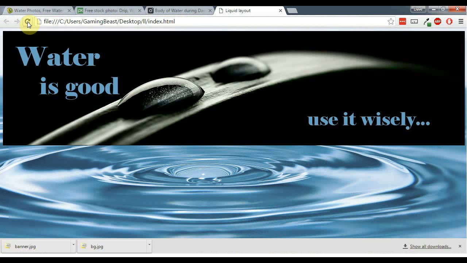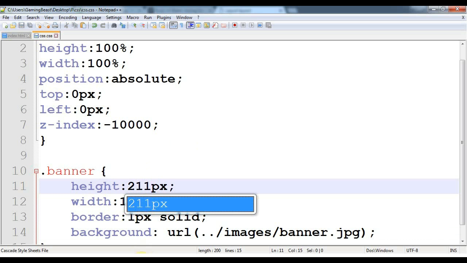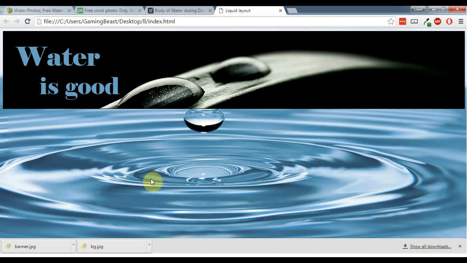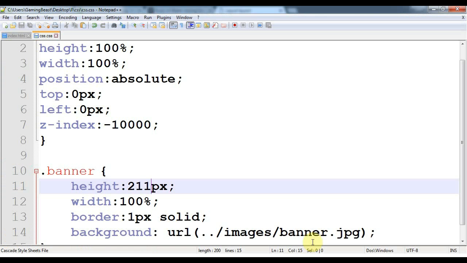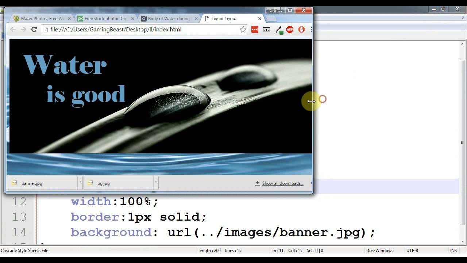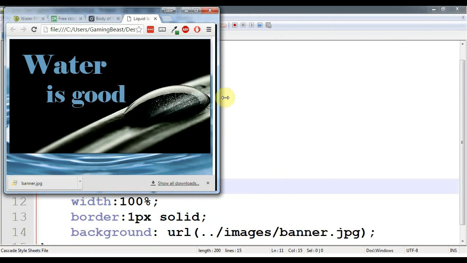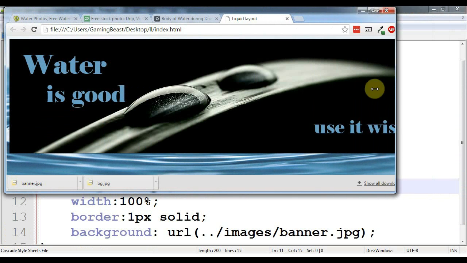Okay. Now looking at this, I'm kind of like, this banner's pretty huge. We probably want to go into Photoshop and shrink it down a little bit. Or I could do this, but that's going to kind of squish some stuff, or it'll cut things off, which I don't want it to do. But for now, we'll just kind of leave it. But again, this is just stuff you'll need to tweak as you're doing it. Okay, now here's a problem that we get, is now it's not really shrinking down like it should. It's just kind of